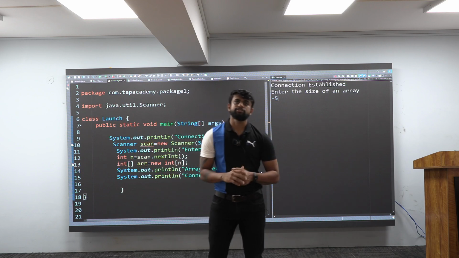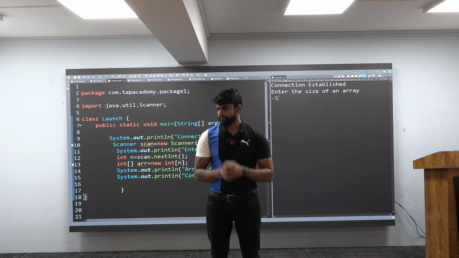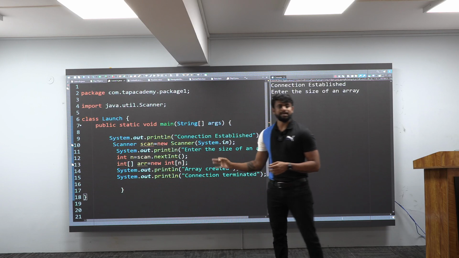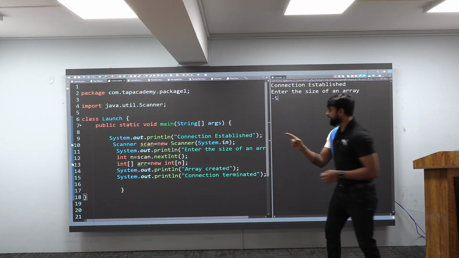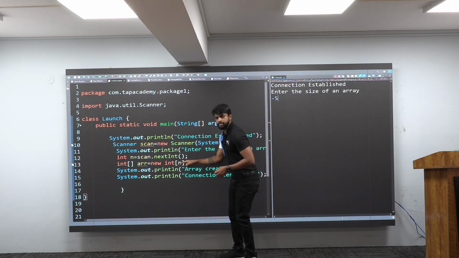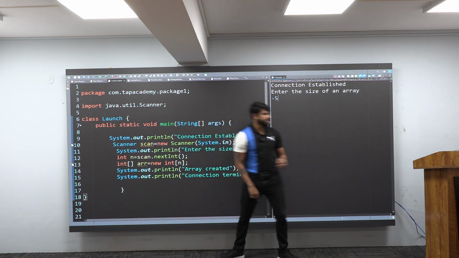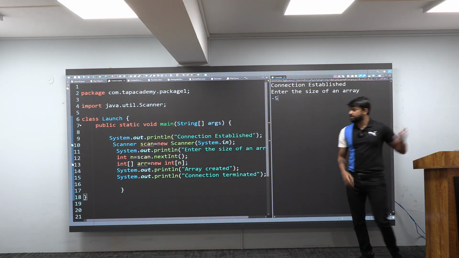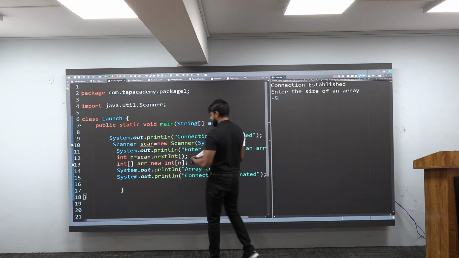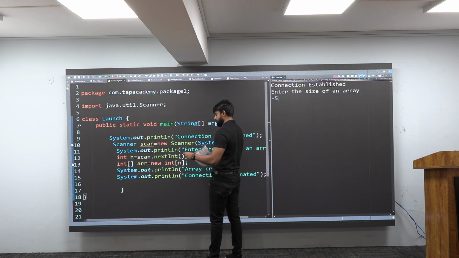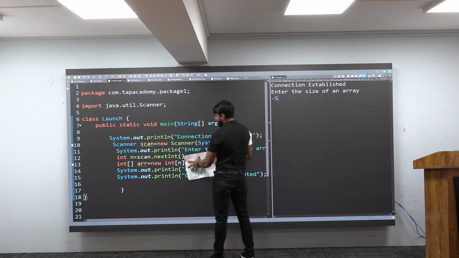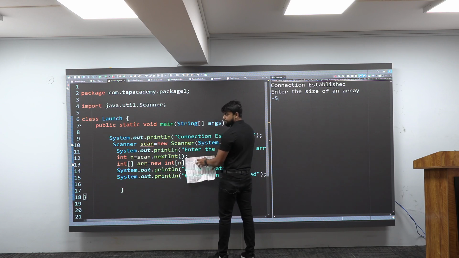Negative array size means you imagine how your array looks like. In other words, array size cannot be negative, and that is what Java will tell us here. So this is an unusual event. I cannot do it in Java. If it cannot do it in Java, 100% it will create one report. It will tell that this is an exception, and this exception is occurring here because you are giving -5 as the input.